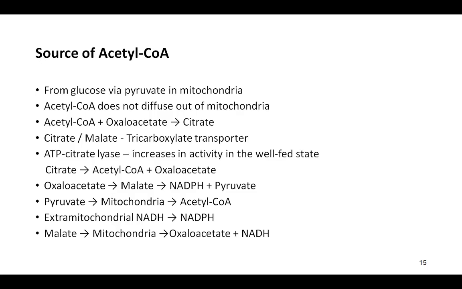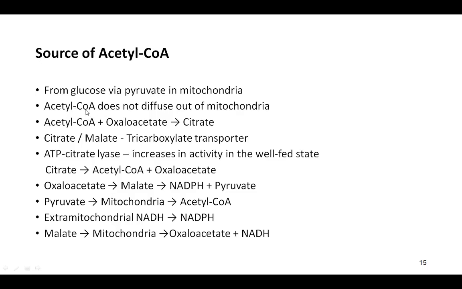Now, what is the source of acetyl coenzyme A? Acetyl coenzyme A is the most important, right? This is basically the building block of the fatty acid. It comes mainly from glucose. From glucose, pyruvate will form. I am sure you all must know this reaction; carbohydrate metabolism is over. From glucose, pyruvate forms, and this pyruvate ultimately forms acetyl coenzyme A in the mitochondria, if you remember the reaction.